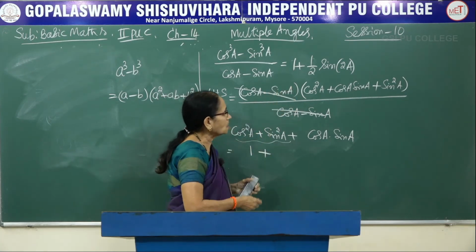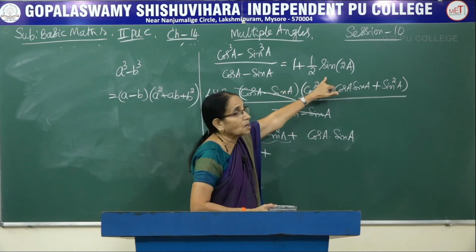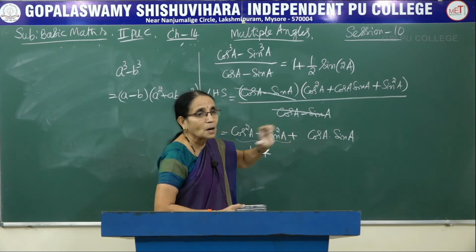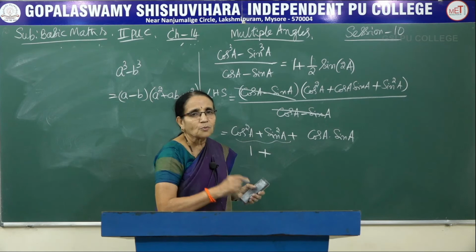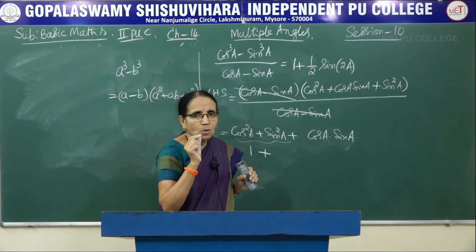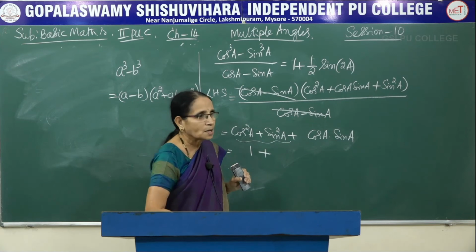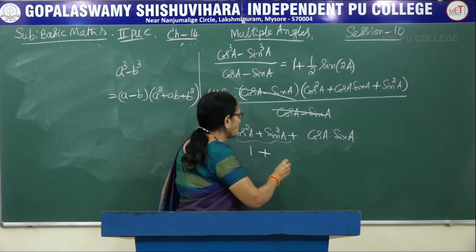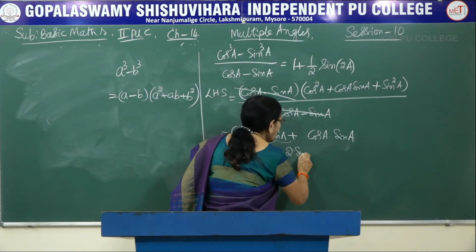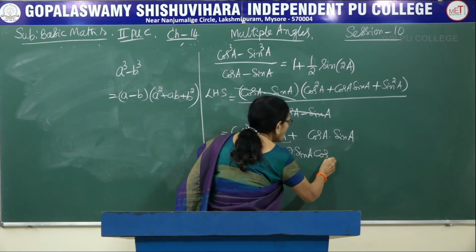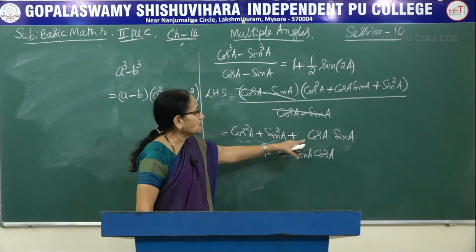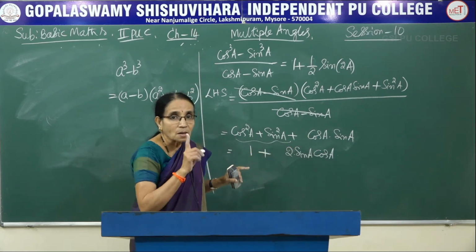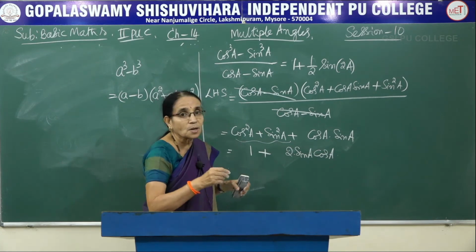Now to get the second term, look at what we are having on the right hand side. It is sin of 2A. Directly you can't get it. Some adjustment, some manipulation has to be done here. Now sin 2A, what's the formula for sin 2A? It is equal to 2 into sin A into cos A, correct? Now we are having sin A into cos A, but we need a 2 here. So what I do is, I multiply by 2 here, 2 sin A into cos A. But that means the second term I am multiplying by 2. If you multiply, what happens to the value? It gets altered.